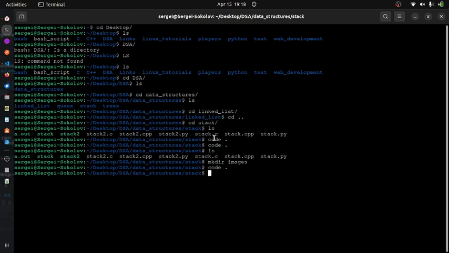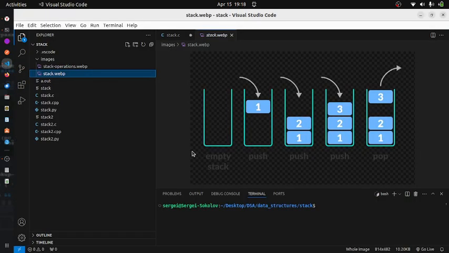Alright, so I'm gonna use VS Code, the VS Code editor. You can use whatever editor you want, and to get started with, I'm gonna show you a little picture which I found on the internet,